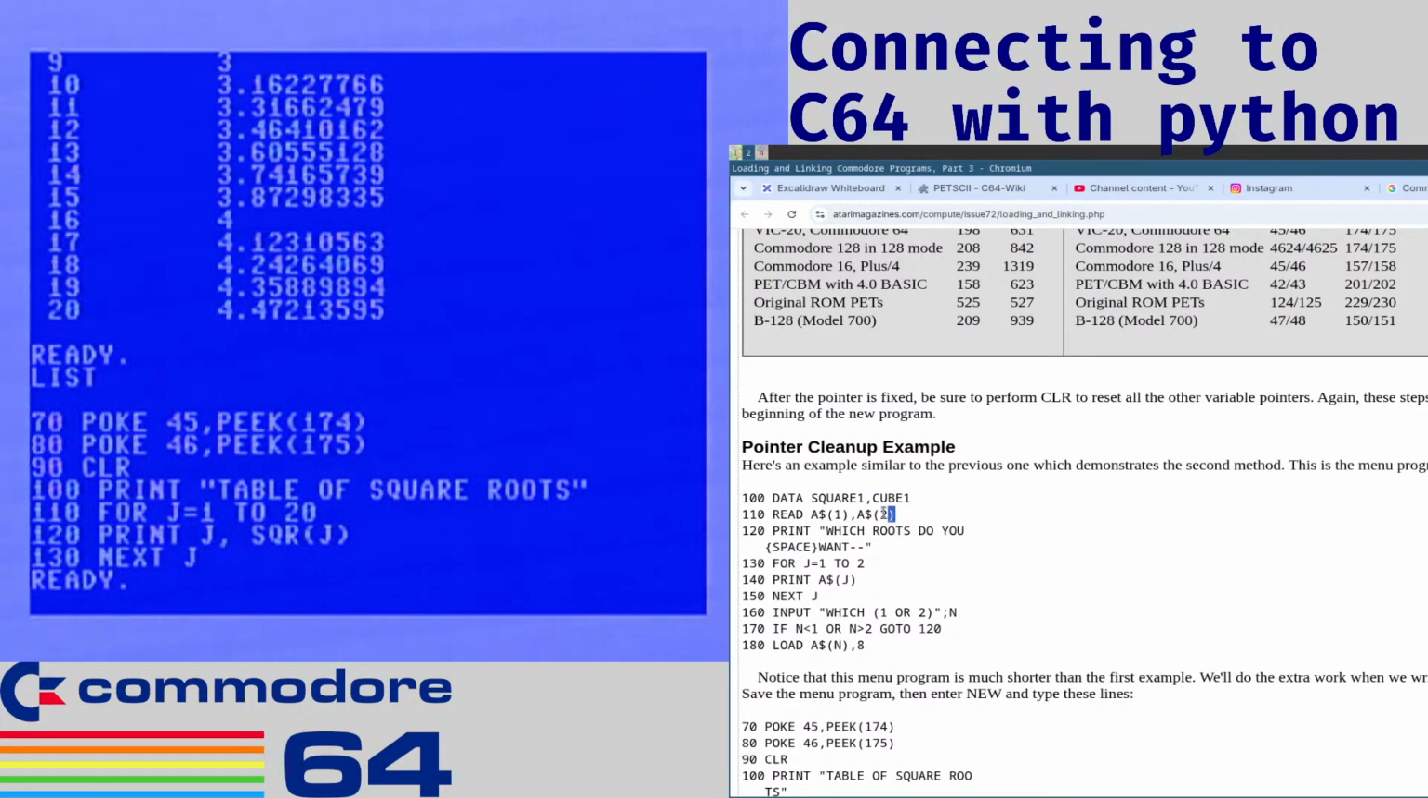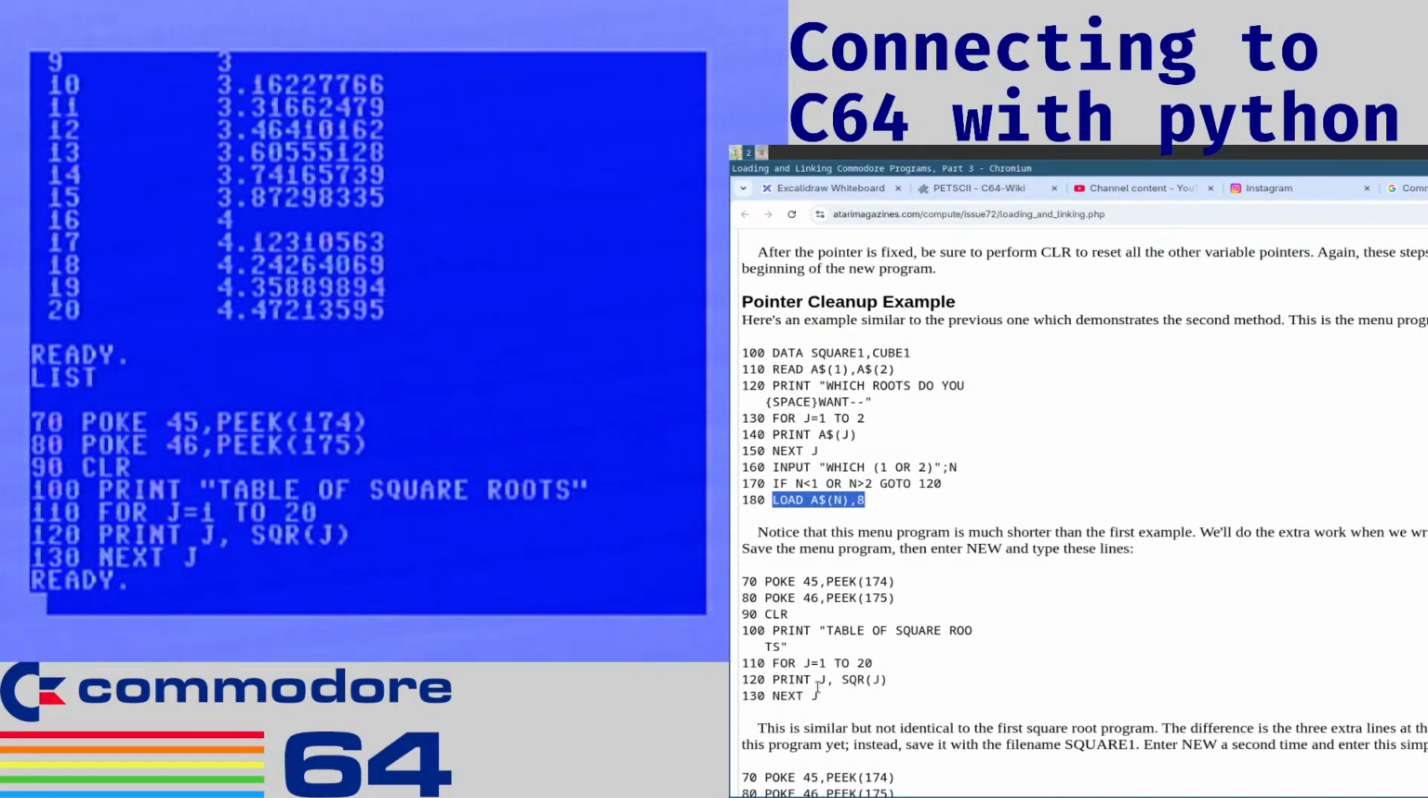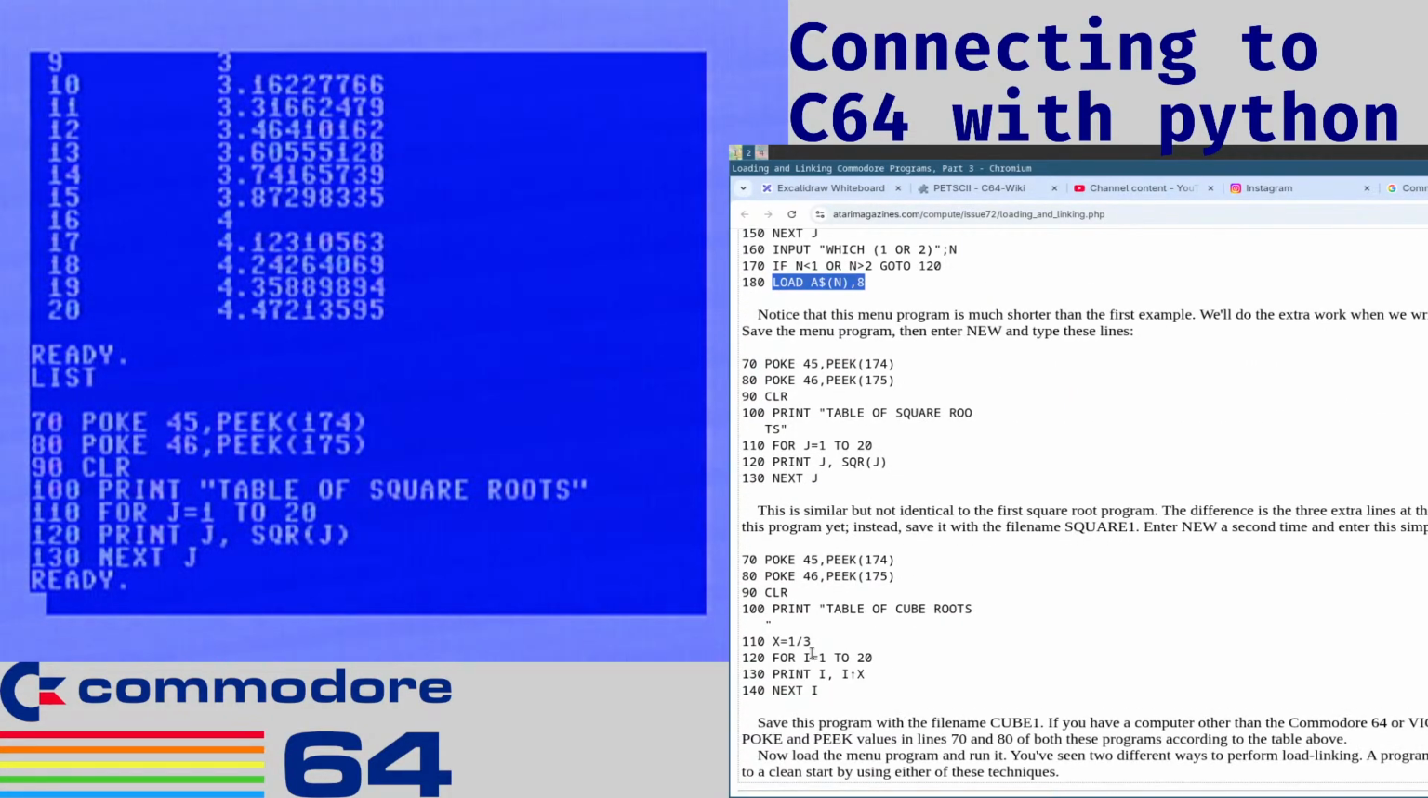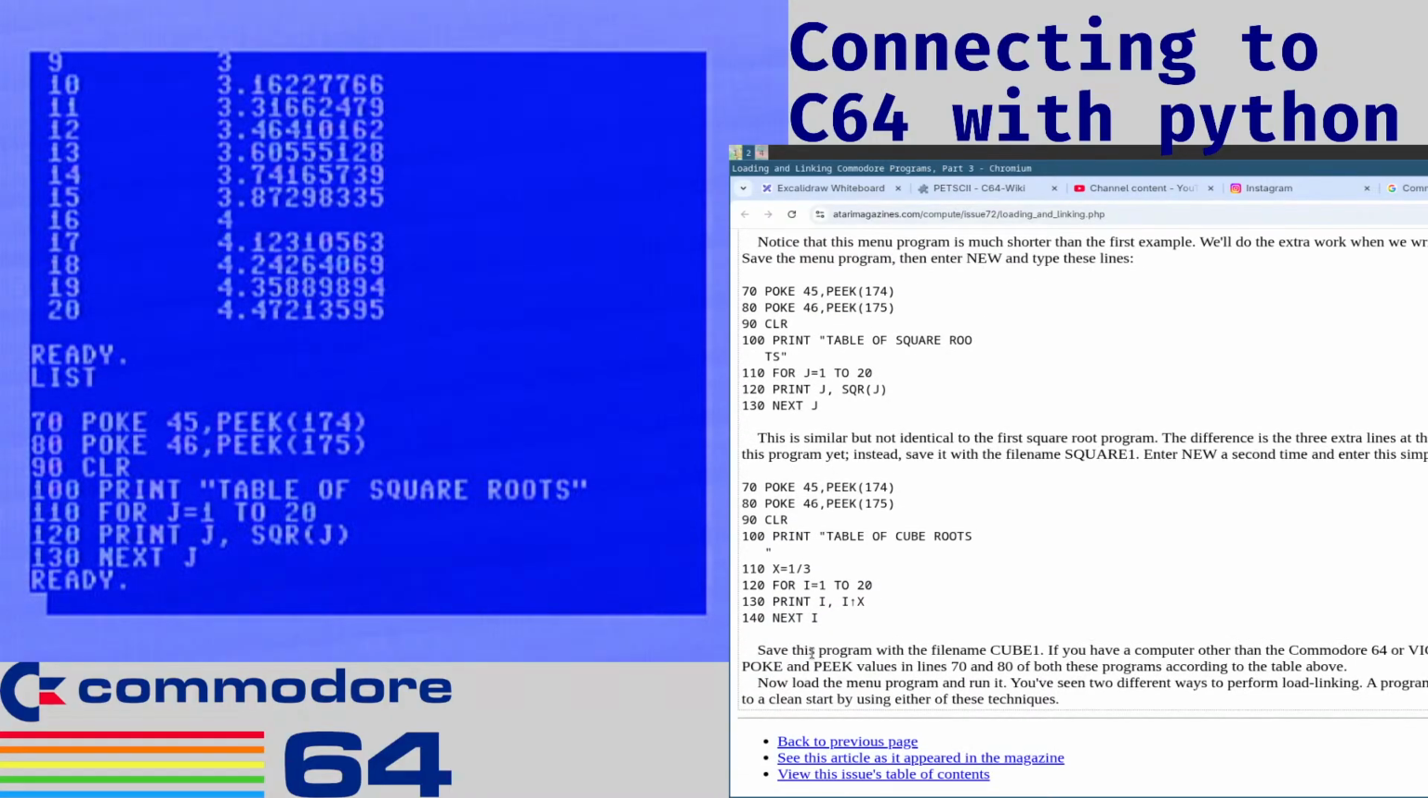Read our data in. And say, hey, which roots do you want? And then we print that. Input which one or two. And then we load it here. After which we reset. Okay, so